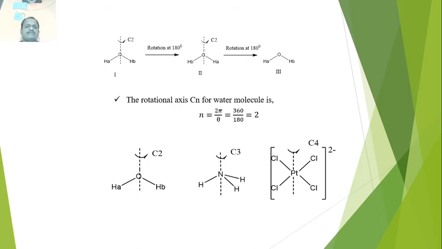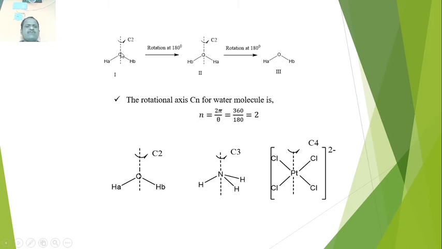We have an example like this: H2O. Actually, this is the water molecule. Water has an angular shape, it is a bent shape. It's like this: oxygen is here, and two hydrogens are present at an angular position. When you pass a line between the two hydrogen atoms, and it goes through the oxygen atom this way, that line is the axis of symmetry.